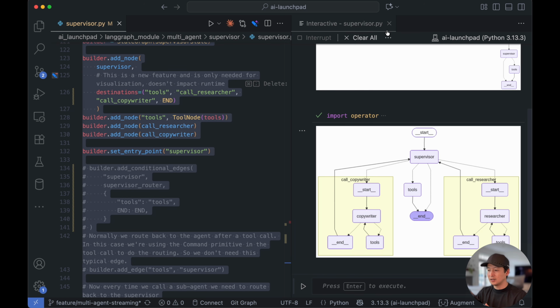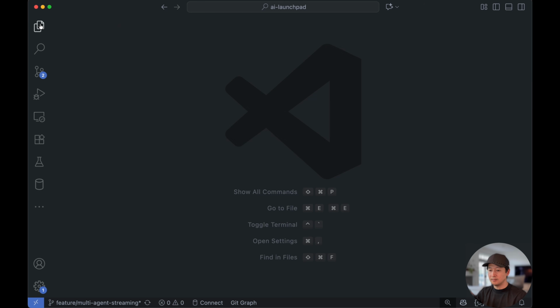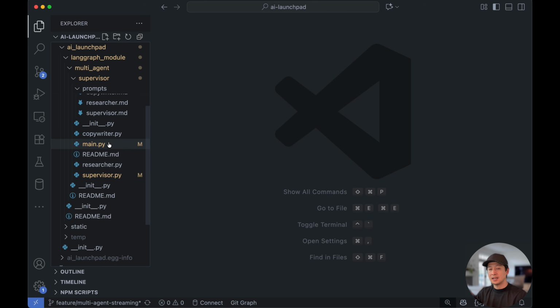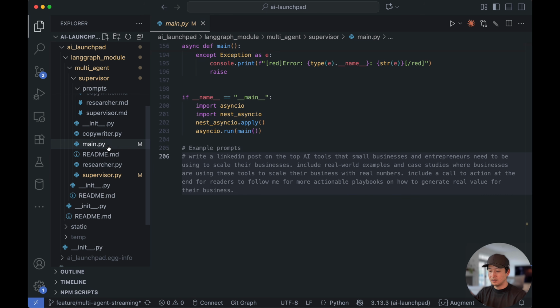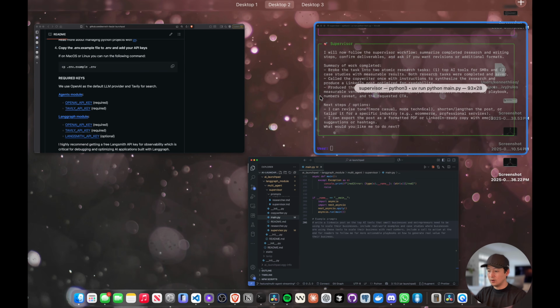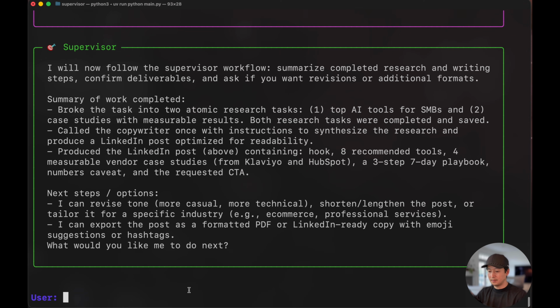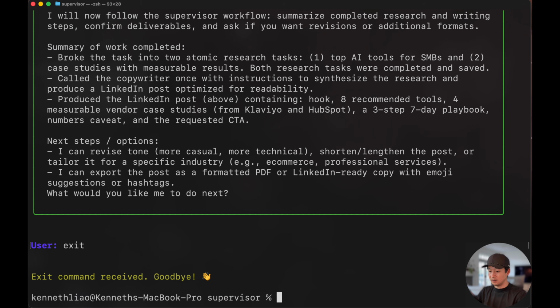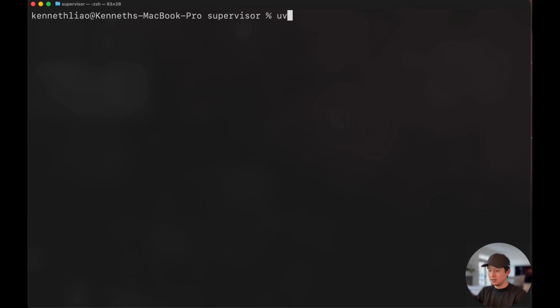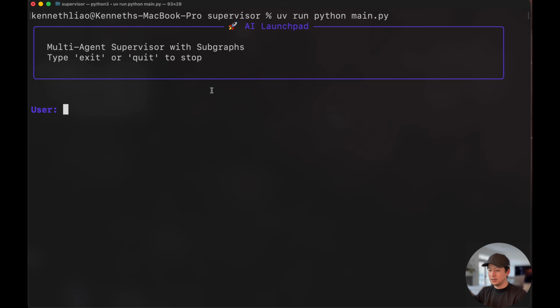But let's quickly look at one last file, which is main.py. This is how you actually run the agent. So this is the file that I ran for the demo over here. And let me just hit exit here. So if you're at the user prompt, you can just do exit and it'll exit. And you can run it with uv run python main.py. Just make sure that you are in the supervisor directory because that's where the file is. So if you run that in your terminal, then you can get this. But you can also run it in